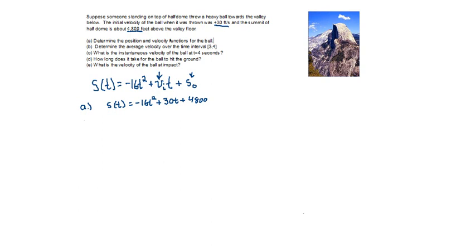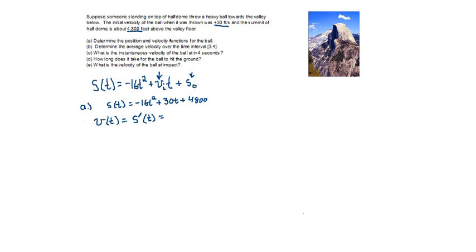Next it wants us to find the velocity function for the ball. Well, one of the main things we learned this last class was that velocity is going to be the derivative of your position equation. So here we have our position equation. If we want velocity, that is going to be the same thing as the derivative, s prime of t, which,